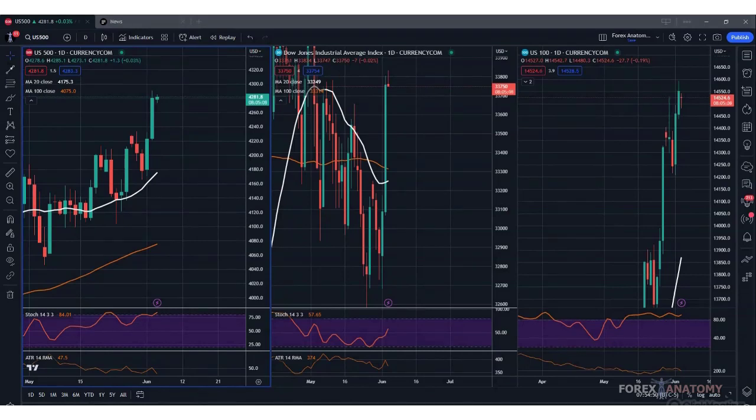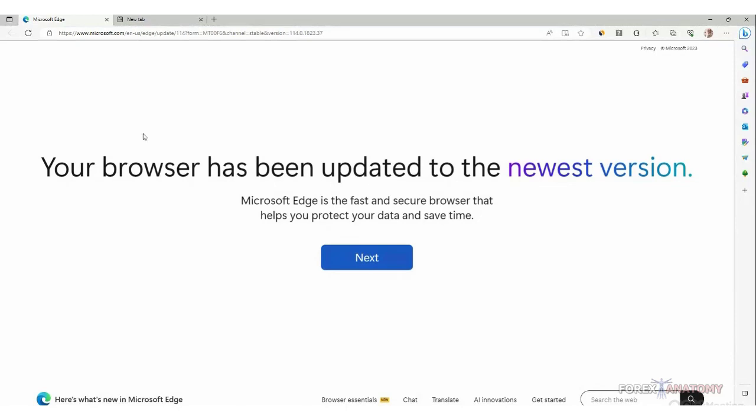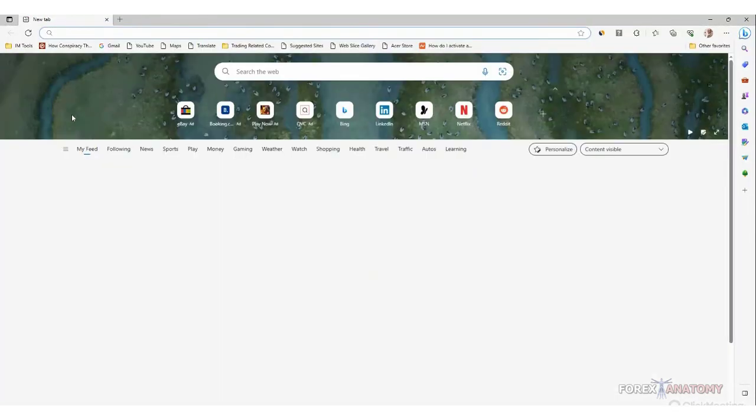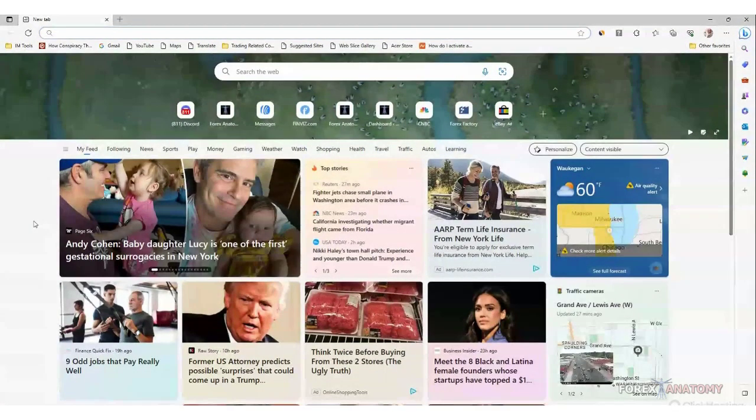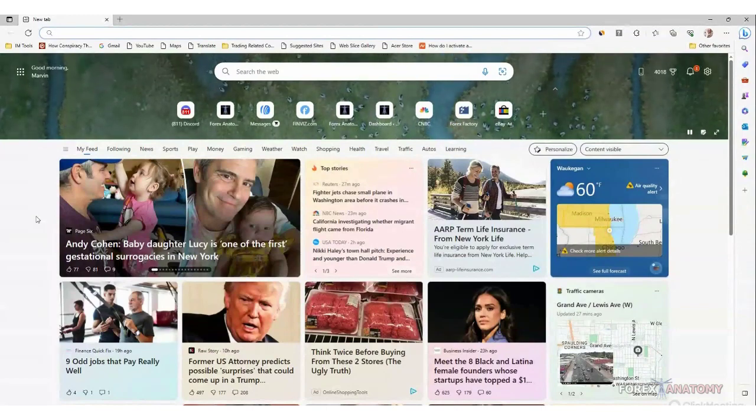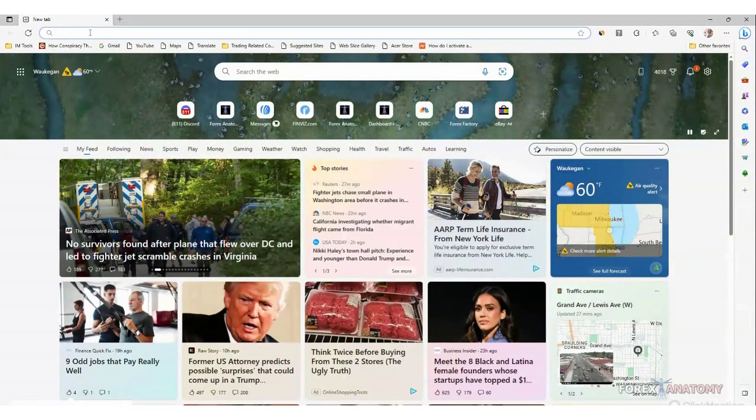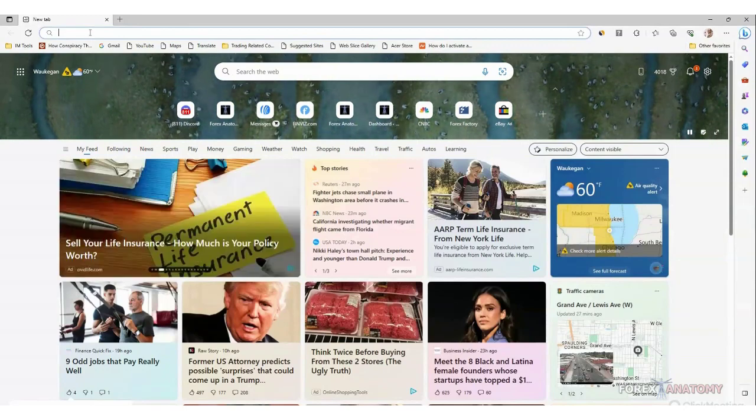Okay, let me do this real quick. I just opened up the browser, which has been updated. Okay, so we should be on Microsoft Edge or Internet Explorer, whatever you want to call it. But let's go to